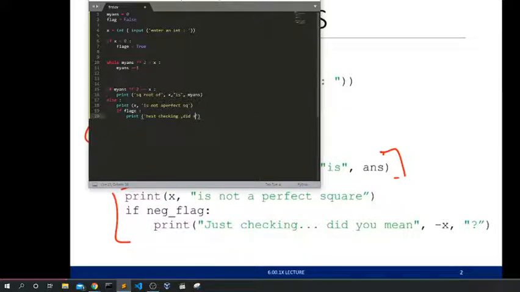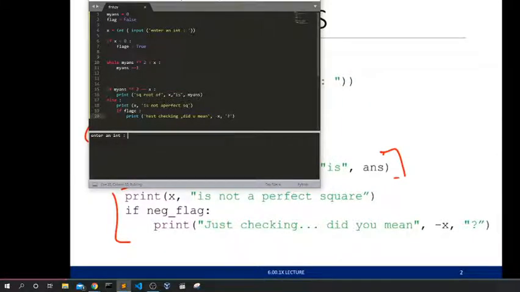And do you mean minus x? Let's do this minus x, colon, and space. And let's see, enter an integer. 16.